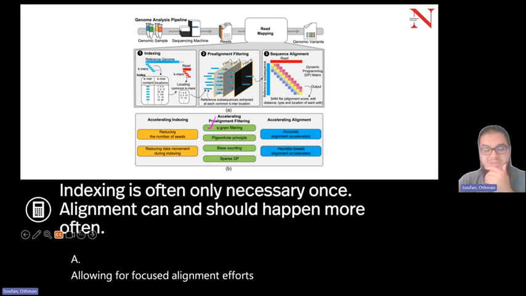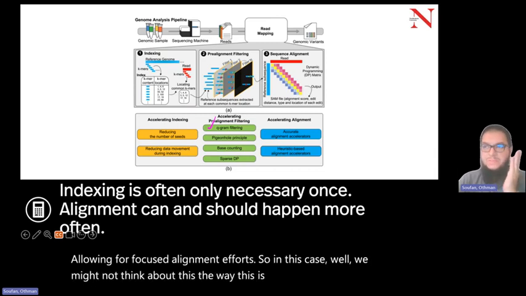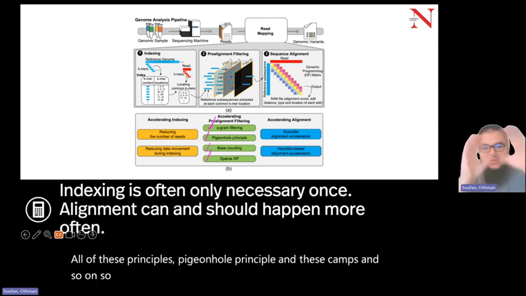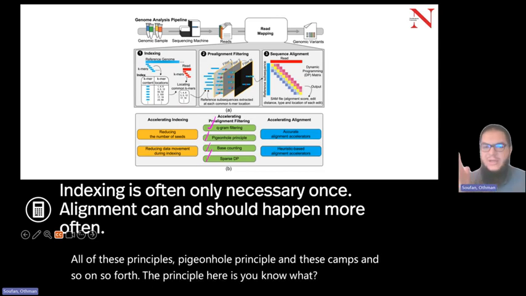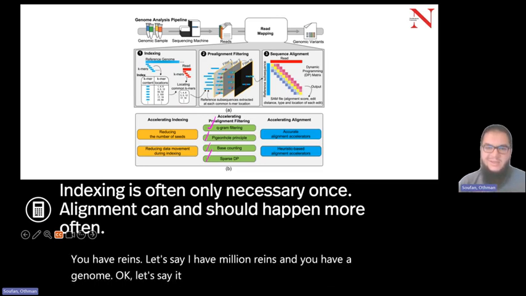The way this is going to happen is through principles like the pigeonhole principle, and these counts, and so forth. The principle here is this: you have reads, let's say I have 1 million reads, and you have a genome, let's say it has 1 billion areas of interest. So, do I need to